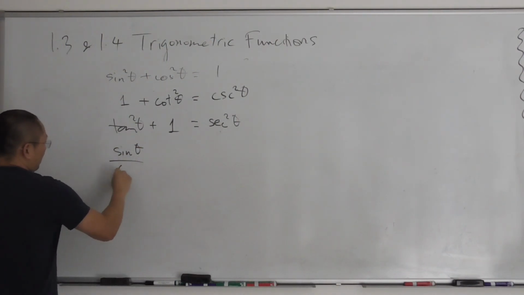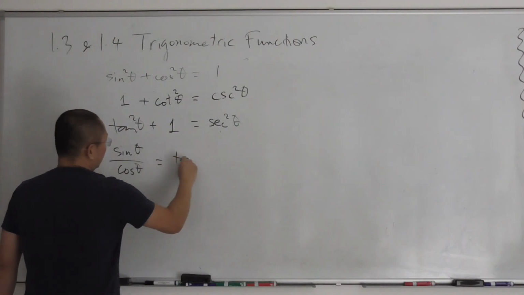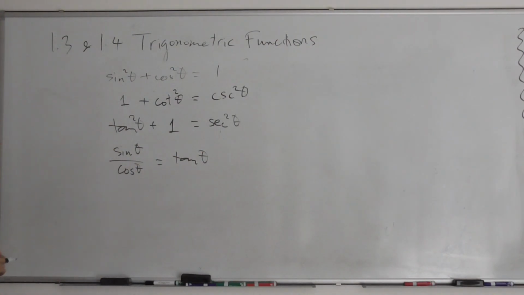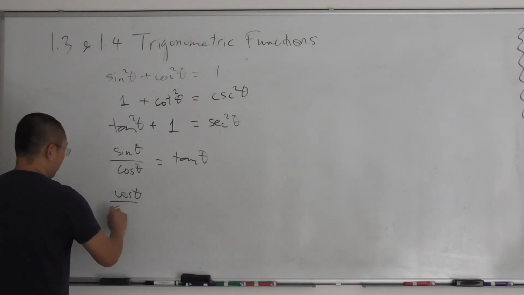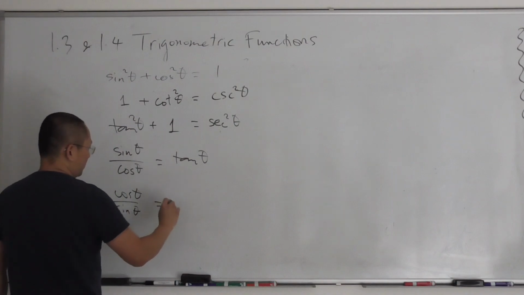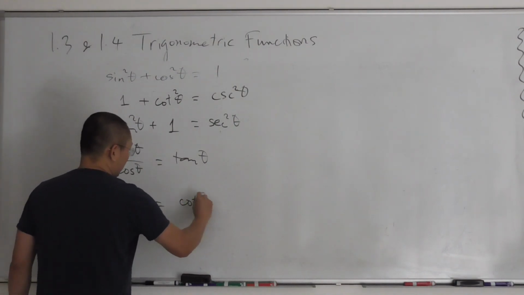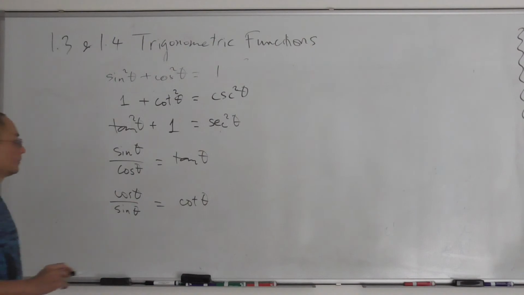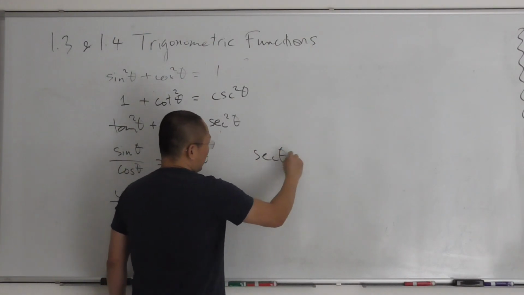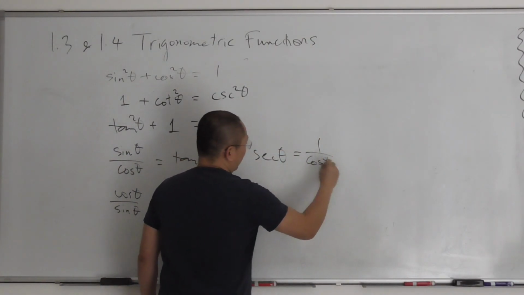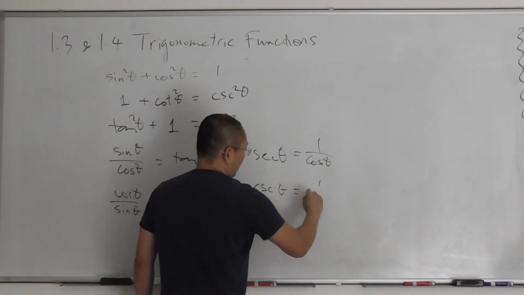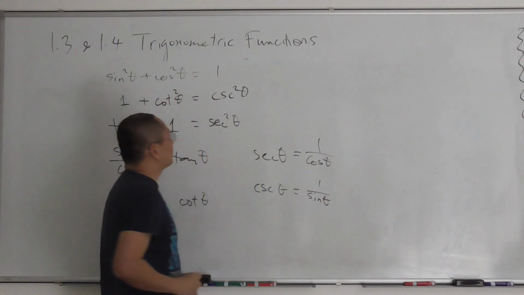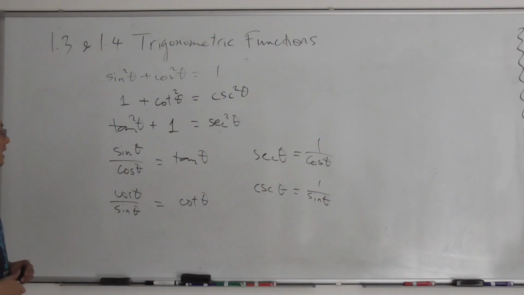Sine theta over cosine theta equal to tangent theta. The reciprocal of this, cosine theta over sine theta, equals the reciprocal of tangent, which is cotangent of theta. Secant of theta is 1 over cosine theta. Cosecant of theta is equal to 1 over sine theta. And that's pretty much what I want you to have for